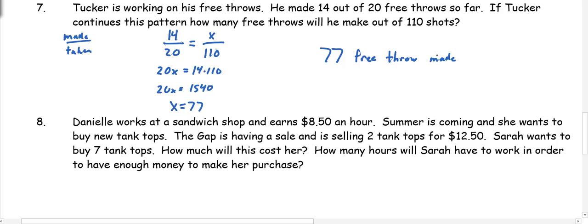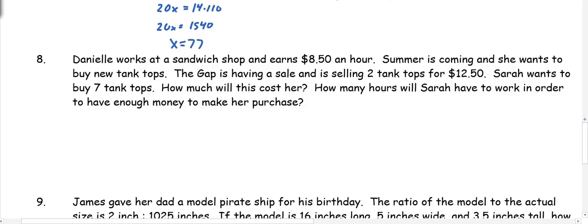Number 8, Danielle works at a sandwich shop and earns $8.50 an hour. Summer is coming up and she wants to buy new tank tops. The Gap is having a sale and is selling 2 tank tops for $12.50. She wants 7 tank tops. How much is it going to cost her and how many hours will she have to work in order to purchase? So first we're going to compare